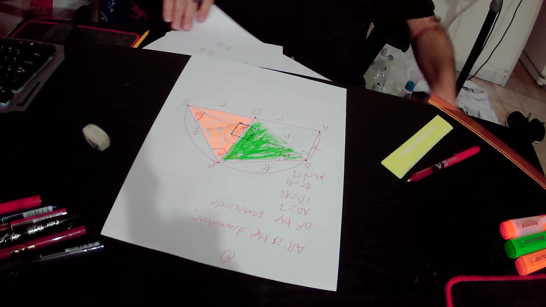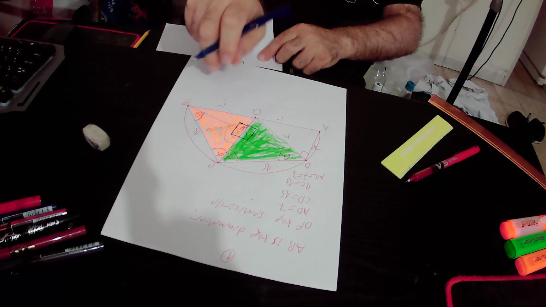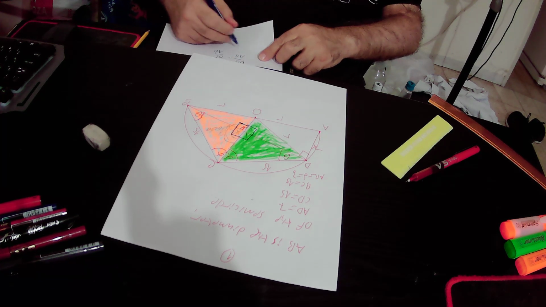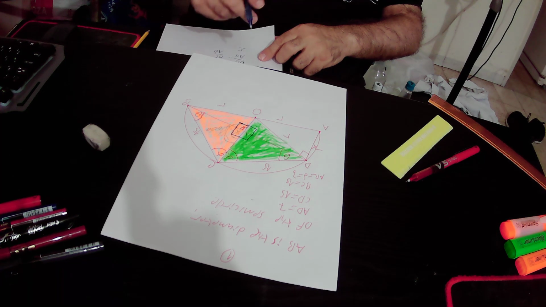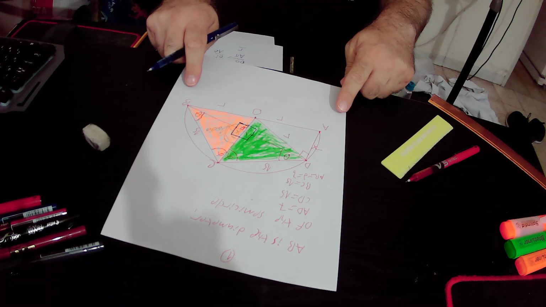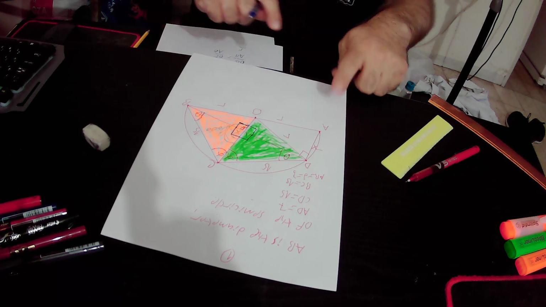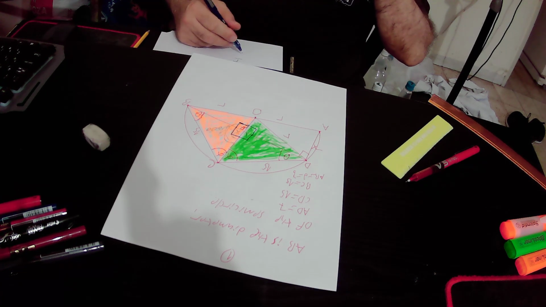But what is the value of OB? The value of OB is R. And what is the value of AB? It is given in the question that AB is the diameter of the semicircle, so it equals R plus R, that is 2R. It equals 2 times the radius of this semicircle,